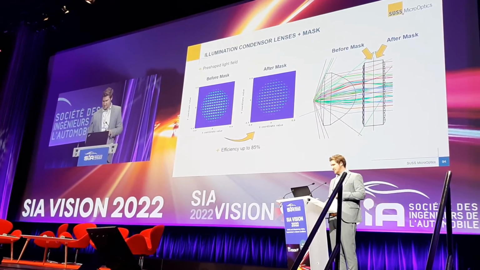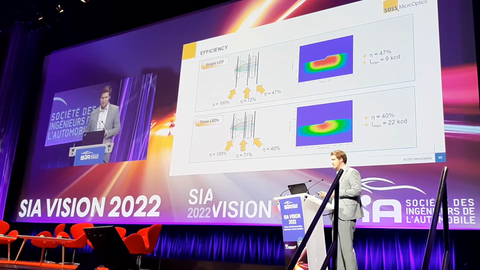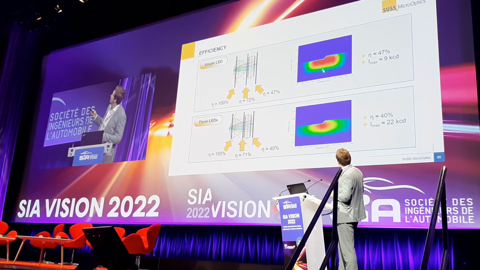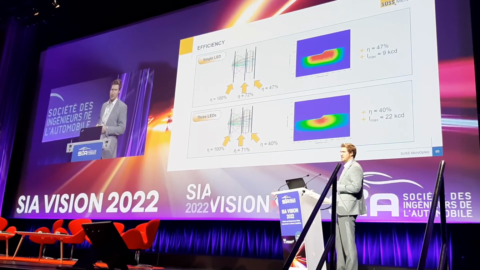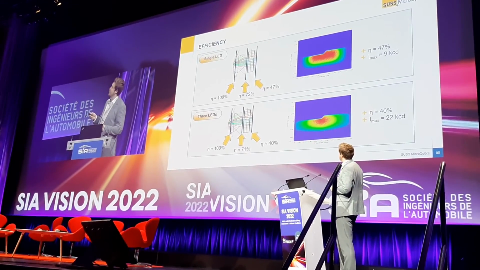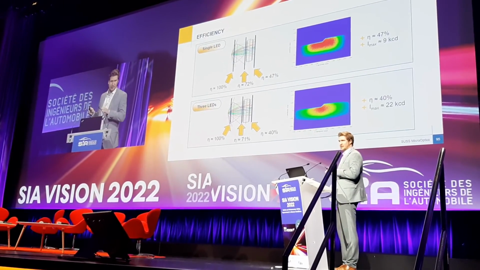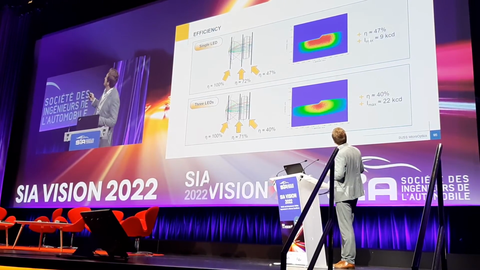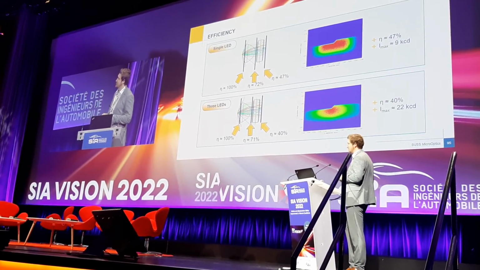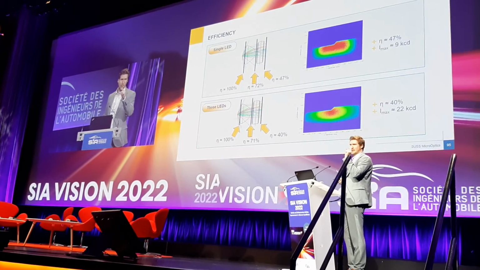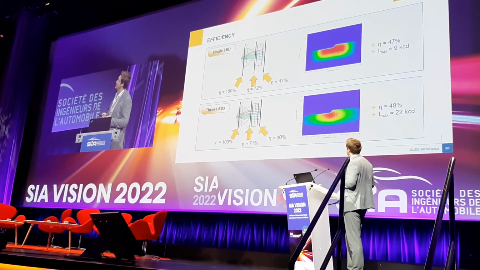This has to be optimized, and for the overall system I have a comparison of a single LED and 3 LEDs. So the single LED is not that broad, and I have an overall efficiency. Efficiency here at the beginning is 100%. After the collimator, it's roughly 70%, and here after the MLA, with a very simple design cut-off line, it's around 47% with an intensity of 9 kilocandelas for a module size which is 11 by 11 in size, so you can add more, like 2 or 3